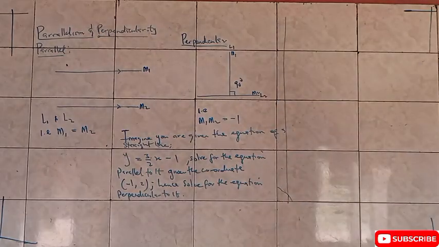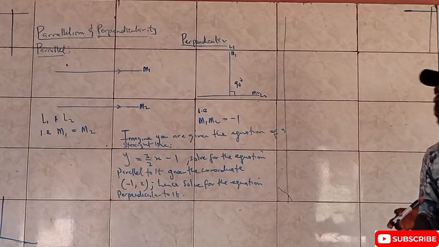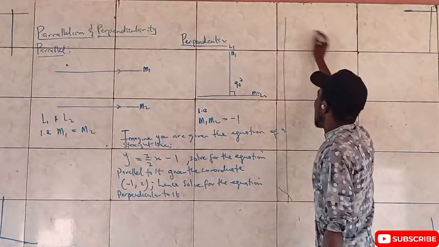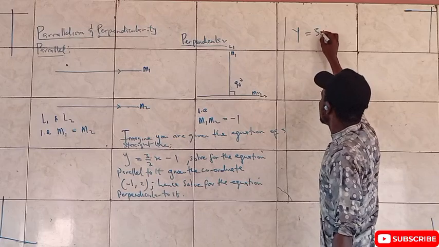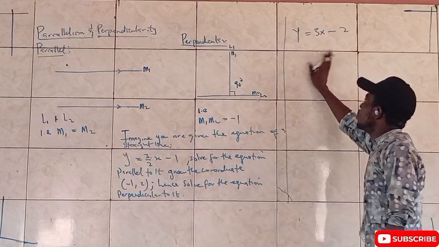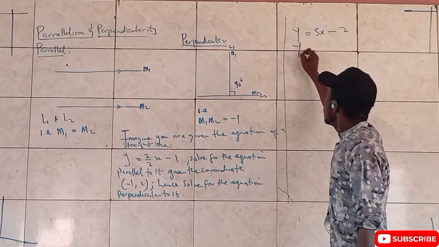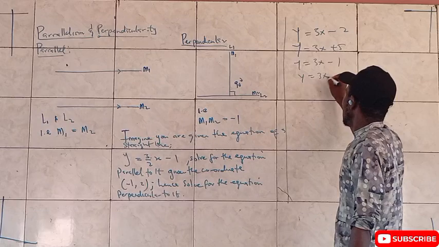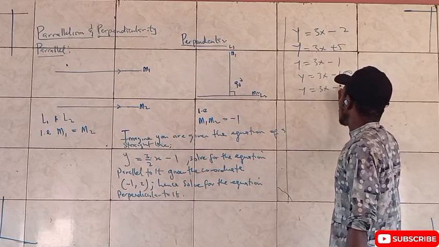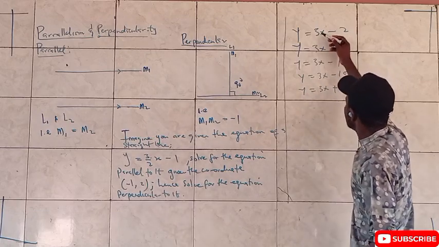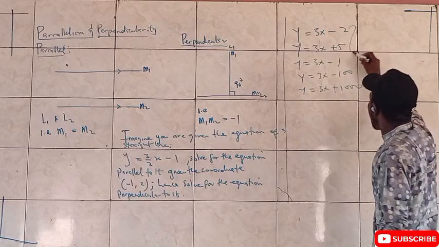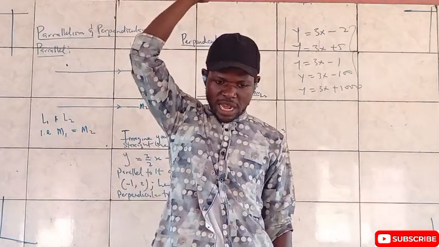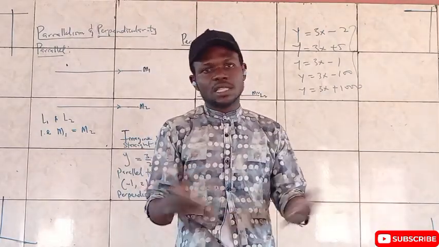Before I solve this equation, let me show you what it means when we say two lines are parallel and two lines are perpendicular. Look at this. I can just write an equation: 3y equals 3x minus 2. If I say I should look for an equation that is parallel to this, I'm just saying y equals 3x plus 5, y equals 3x minus 1, y equals 3x minus 100, y equals 3x plus 1 billion. As long as the slope is still 3, then they are parallel. So what determines being parallel is the slope. As long as the slope is still 3, I will say the lines are parallel.